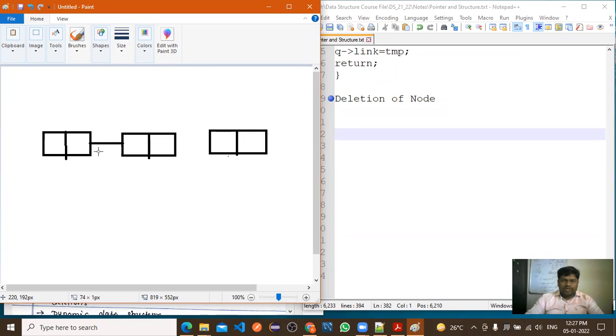Now this node is connected with this node, right? After that, this node is connected with this third node, right?